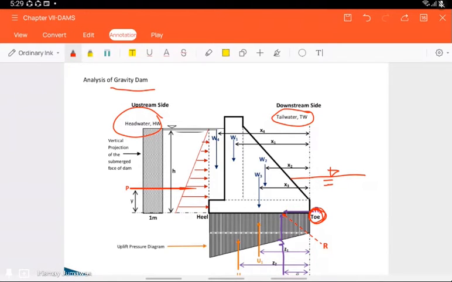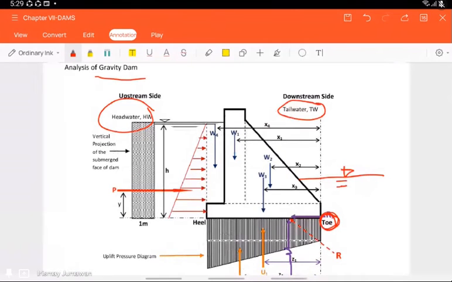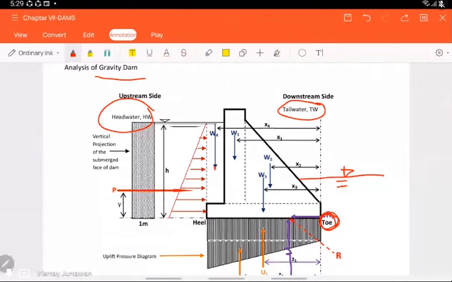So you need to divide it so that you can determine the center of gravity. So that is the location of the weight. So at the center of gravity, from the center of gravity, you have to take moment about the toe side. Okay, so